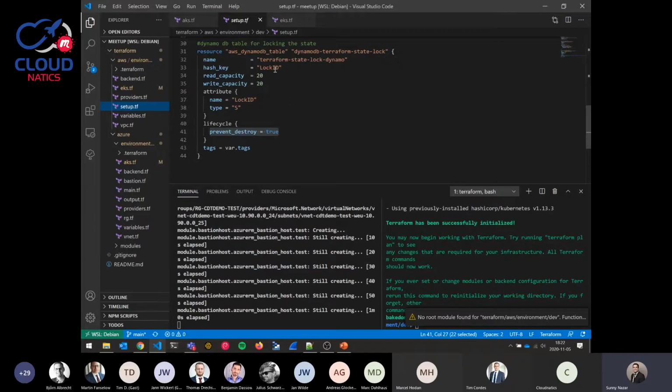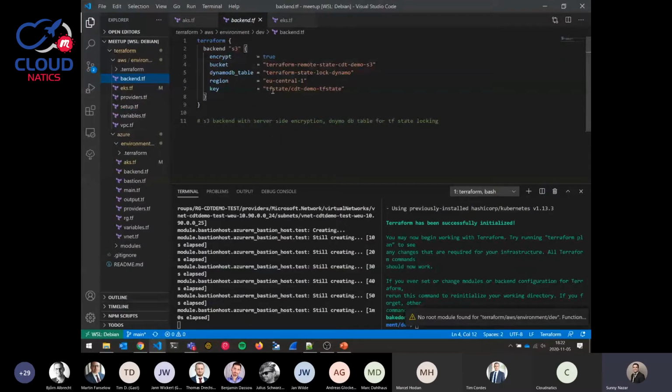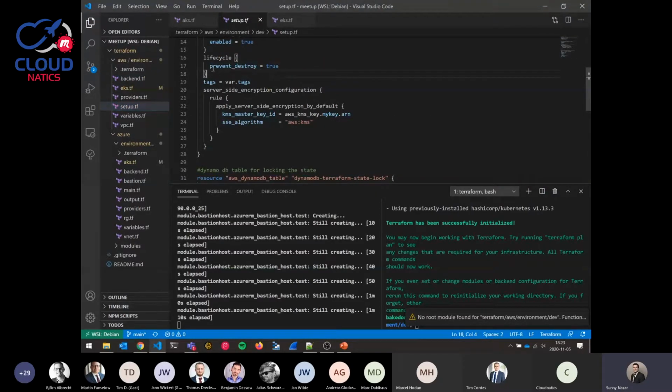And once I had these S3 bucket and a DynamoDB table created, I provided this information in my backend configuration, and I added a particular flag, prevent destroy lifecycle, prevent_destroy equal to true, which basically means that if I'm running Terraform destroy, it will not be able to destroy these resources. So if you want to make sure that you want to use Terraform for creating the remote backend resources for you, then you could use this method,